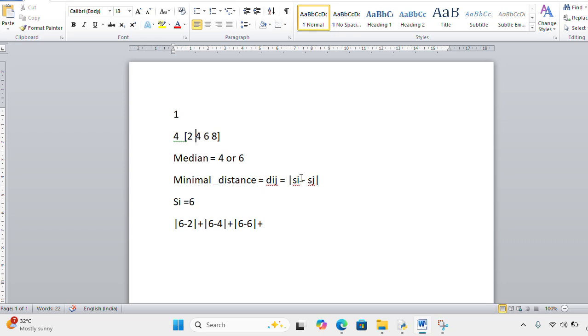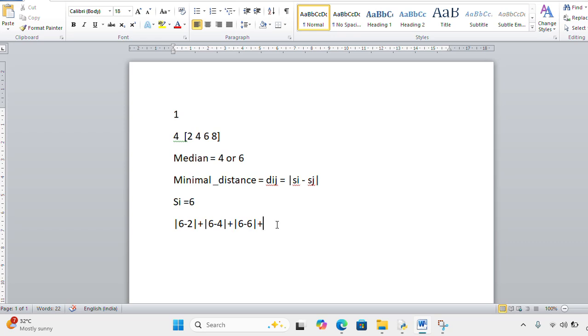We have a formula, Si minus Sj. Let us consider Si as 6, and Sj means all these street numbers, we have to subtract them and then add them. So I have taken 6 minus 2 plus 6 minus 4 plus 6 minus 6,